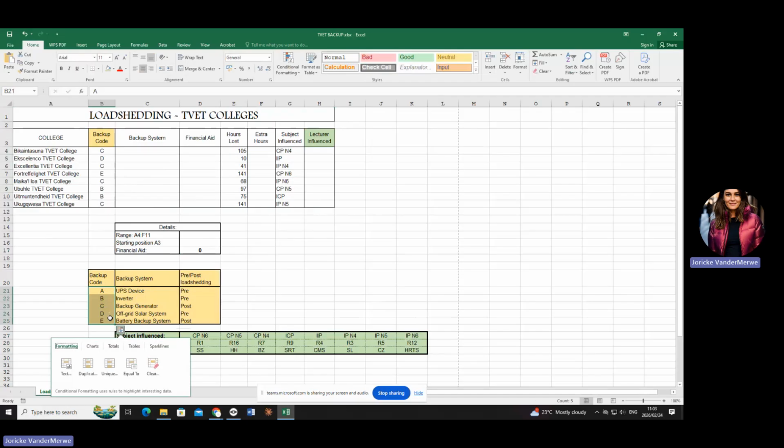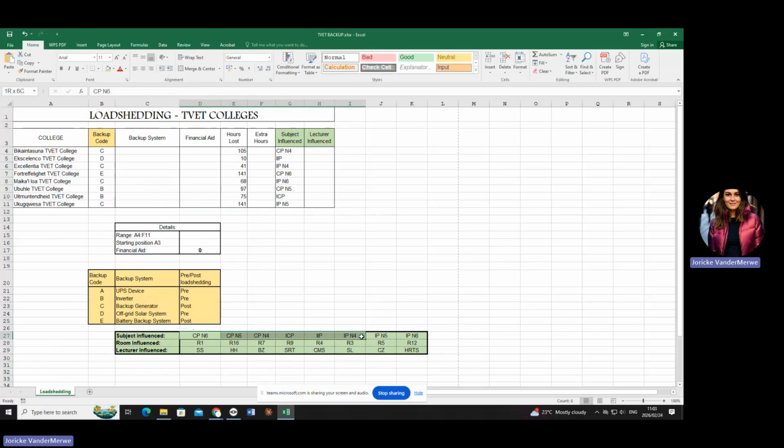Are you with me? Now look at the lecturer influence. If you look at the subject here, which is also, by the way, part of that, you will see this is a what? This is a horizontal lookup. Therefore, it's going to be an HLOOKUP that we will use when we use that specific table. Are you with me? Okay.